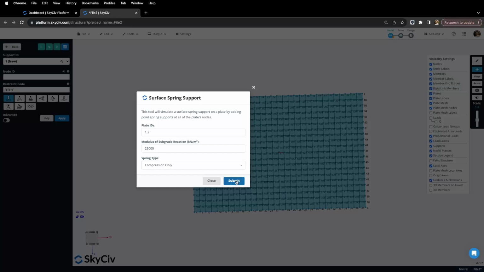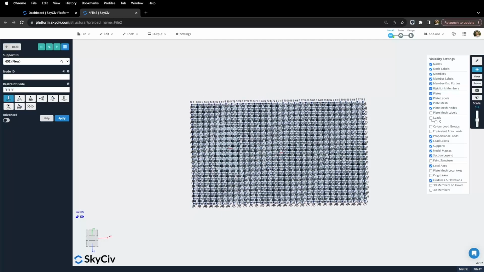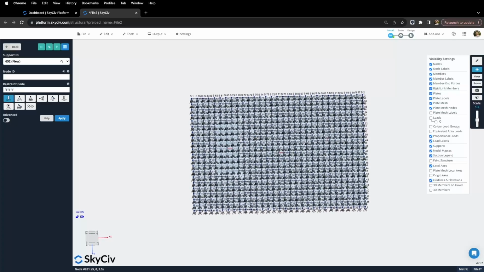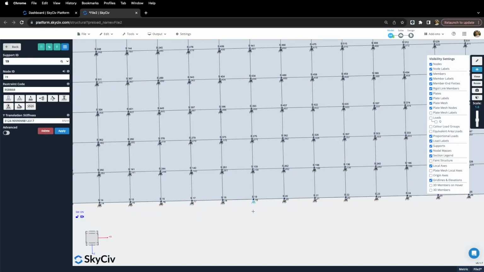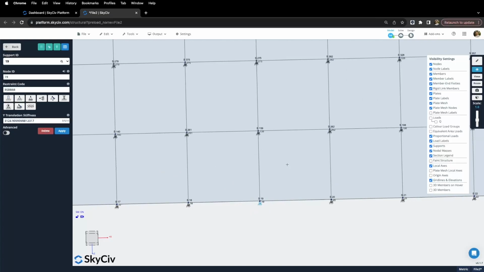So we can click submit on that, and you can see that we've now got spring supports applied at each of those meshed nodes. And yeah, what that modulus of subgrade is doing, it's just taking the area of this meshed plate and dividing it into that applicable node area. So for example, I know my mesh is 0.5 meters, so we've got a 0.25 by 0.5 meter area. And if we multiply that by my modulus of subgrade reaction, 25,000 kilonewtons per meter cubed, we get a value of